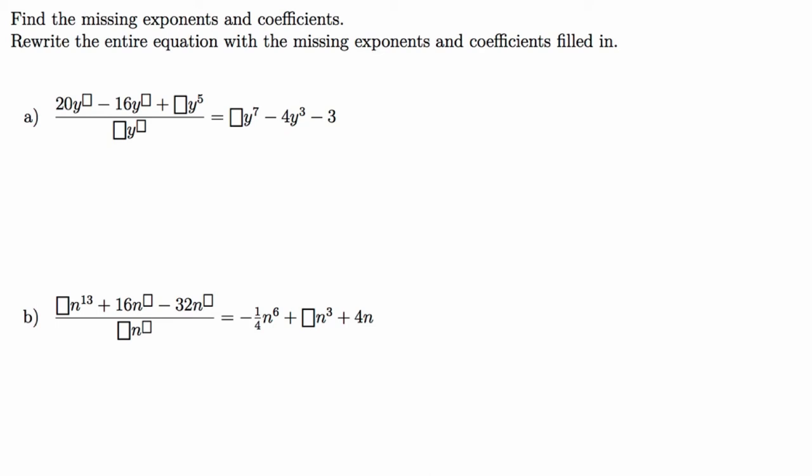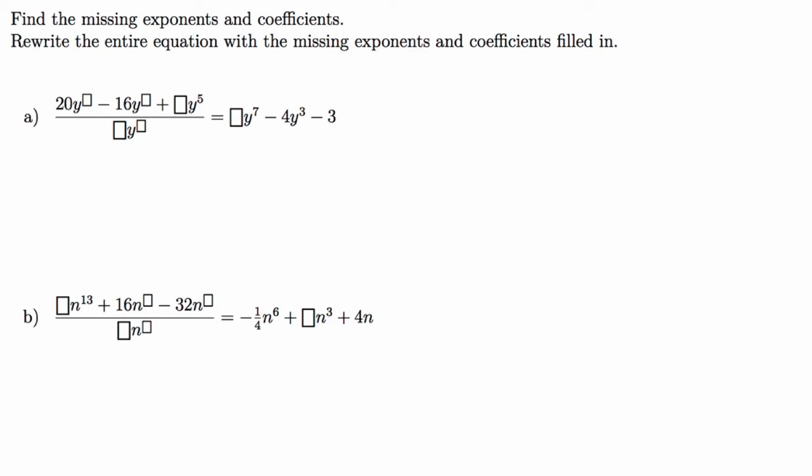In this example, we're going to look at polynomial division from a different perspective. Instead of giving you a polynomial and the monomial that you're dividing by, we're going to give you pieces of the polynomial that you started with, an unknown monomial that you're dividing by, and pieces of the result. Our job is to fill in the missing exponents and coefficients from each equation. Once we've done that, we will then rewrite the entire equation with everything filled in, so it is a complete